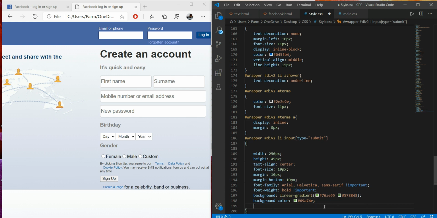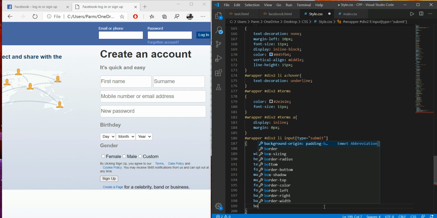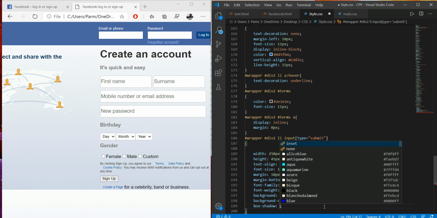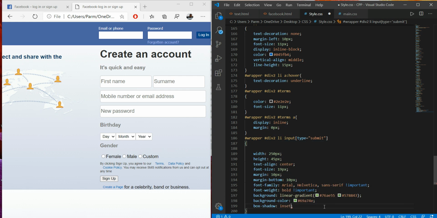Now box shadow I have to set for this. I have to set the box shadow property over there, so this should be inset and space 0 and of 1 pixel to the border.